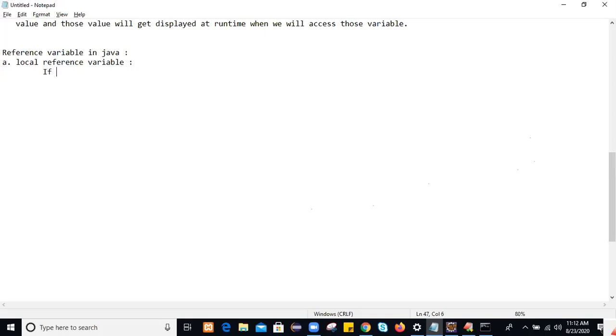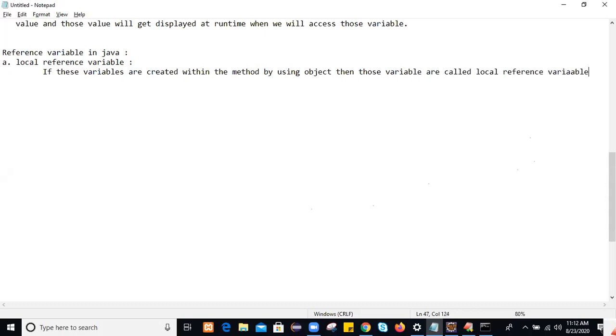So we can say if these variables are created within the method, by using an object, then those variables are called local reference variables.